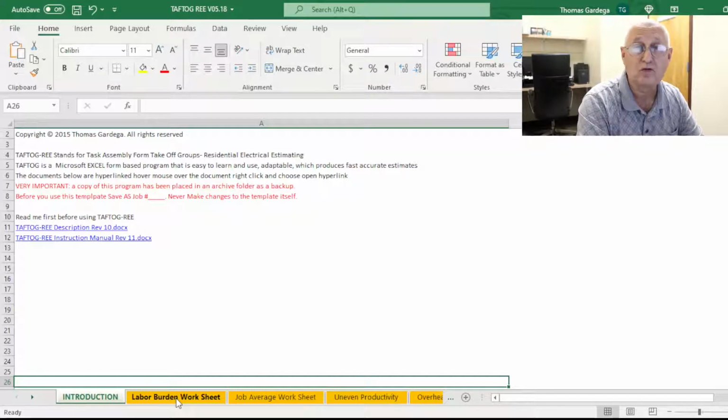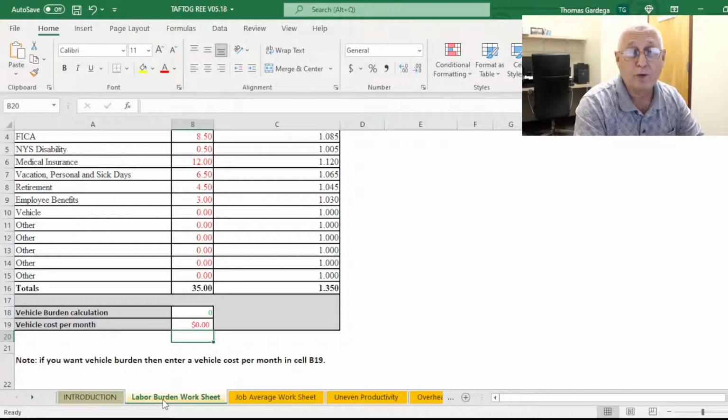You don't need to use all the tabs that are in here because you may not have all the rooms. You may not need to get into some of the tabs, but in the future you may have to. But at this point, we're just going to start with labor burden. Labor burden is something that you pay your men. You may pay your men like $30 an hour, $20 an hour, but that's not the amount of money that you have to pay,